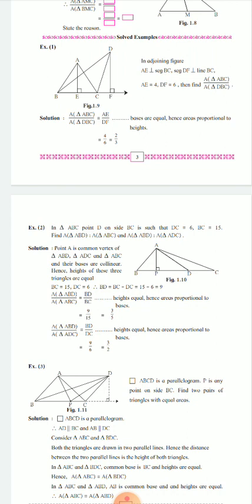See here, now we are going to calculate the first ratio, that is the area of triangle ABD to the area of triangle ABC. As the height is the same, we have to write down the bases only. For area of ABD, the base is BD, and for ABC, the base is BC, and both values are with us. Again here you have to provide the reason: heights are equal, hence area is proportional to the bases. BD is calculated as 9 units and BC is already given as 15 units. So 9 by 15 is your answer. You can simplify it, so you will get 3 by 5 as your answer.